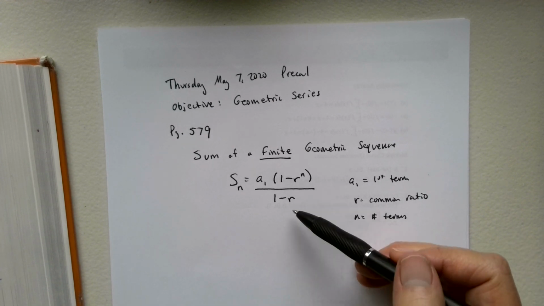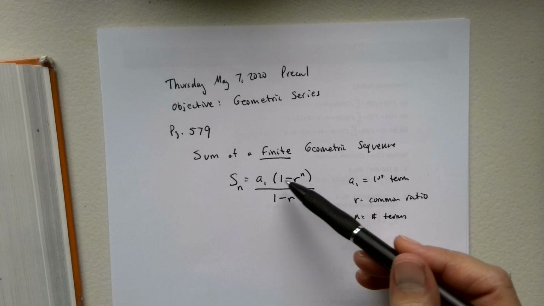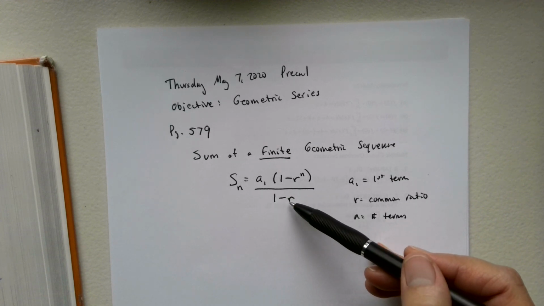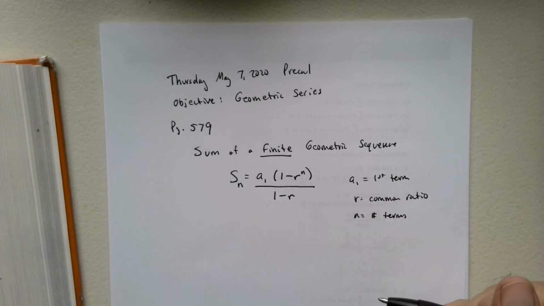So this formula is really kind of strange. You're going to take 1 minus the ratio to the nth power and divide it by 1 minus the ratio to the first power. So let's go on over to page